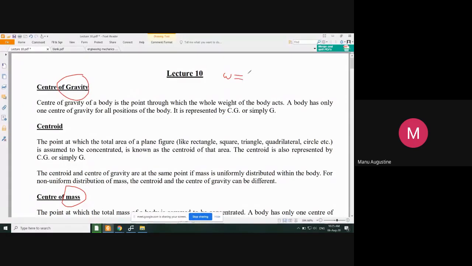वेट इज इक्वल टू mg, राइट? तो अगर आपका सेंटर ऑफ मास, मास का सेंटर है, और सेंटर ऑफ ग्रेविटी वेट का सेंटर है, तो वेट और मास में फर्क क्या होता है? एक स्मॉल जी से मल्टीप्लीकेशन ही तो होता है, और स्मॉल जी कांस्टेंट है। तो इसका मतलब है सेंटर ऑफ मास और सेंटर ऑफ वेट सेम होने चाहिए। But again, there is a difference. In most of the cases, this